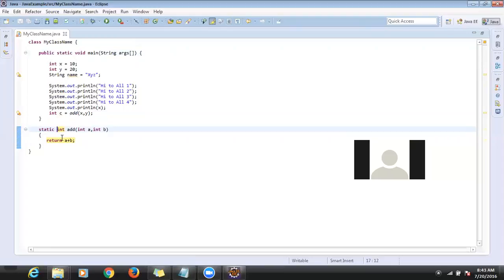So what does static method mean? I will tell you slowly what is the purpose of that static. There is a meaning for all these keywords. I will tell you slowly. So now you know the return type, right? You understood the method name and return type. Here I'm returning an integer, so I mentioned integer here. So here there is a rule: if a method is a static method, if you want to call another method, it must be a